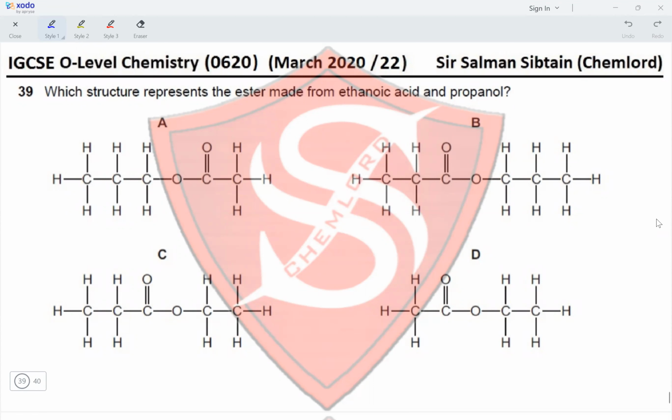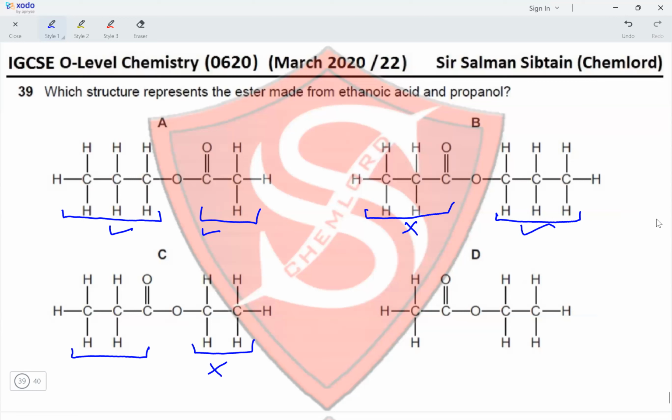So this is represented in A because the part attached to the single bonded oxygen contains 3 carbon atoms, making it propyl, and the acidic portion contains 2 carbon atoms, making it ethanoate. So this is correct. In option B, we've got propyl present, but we've got propanoate instead of ethanoate. So this is incorrect. In C, we've got 2 carbon in the alcohol portion, making it incorrect, whereas we've got